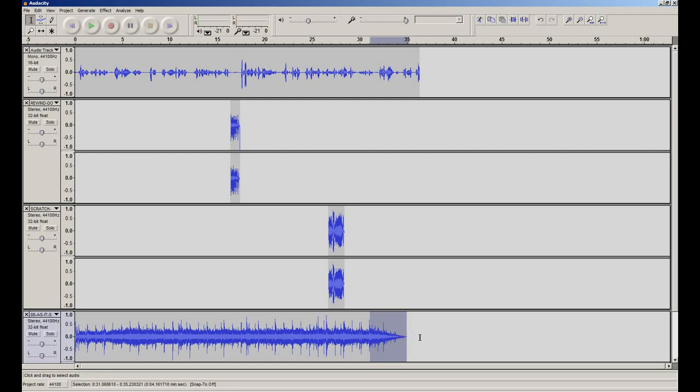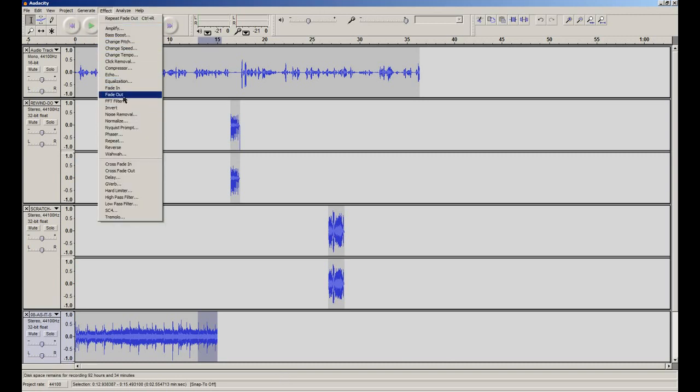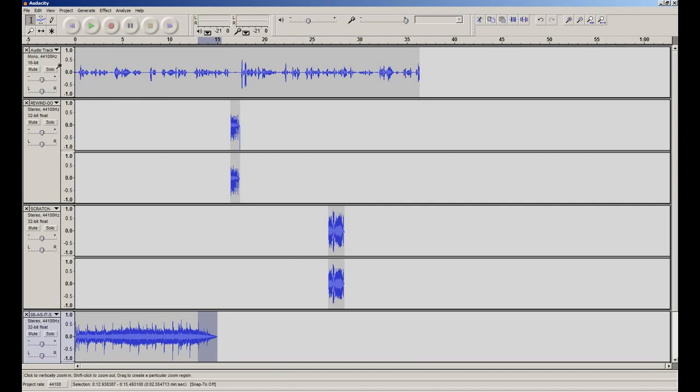Now, if you decide that you only want music for just a small section, you do the same thing, and then you can use this time shift tool to move it just like the sound effects where you want it. So let's say we only wanted 15 seconds of the music. That last bit, we can delete that as well, and we can have this for last 3 seconds, we can have a fade out,